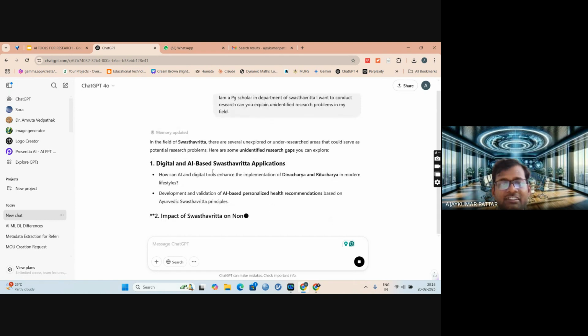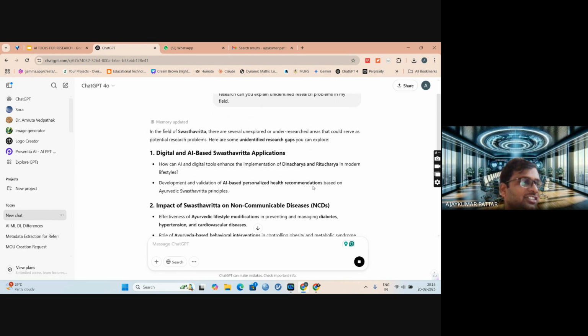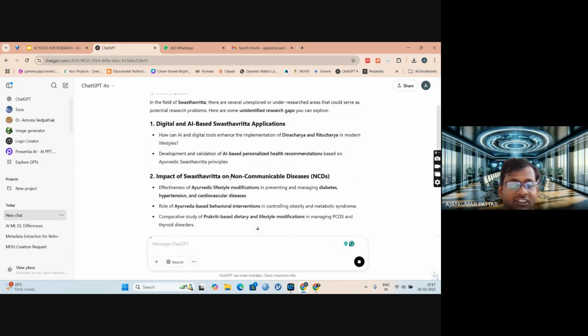See, digital and AI-based Swastavritta applications: how AI and digital tools analyze the implementation of Dinacharya and Ritucharya in modern lifestyles, and development and validation of AI-based personalized health recommendations. ChatGPT understood what Swastavritta is, what the purpose of this subject is, and it is giving the most recent things you can do as a novel. So these are the kinds of suggestions.